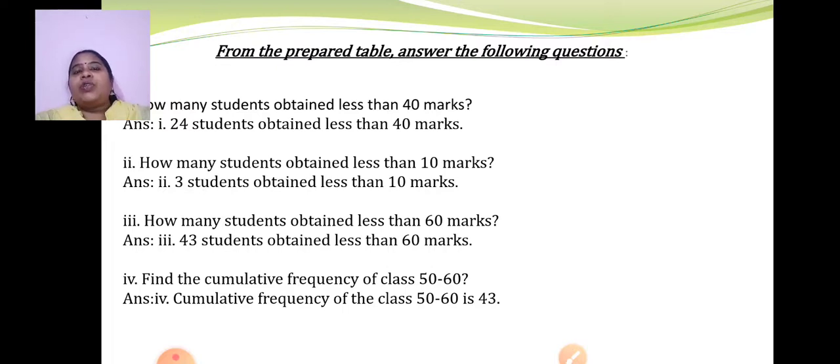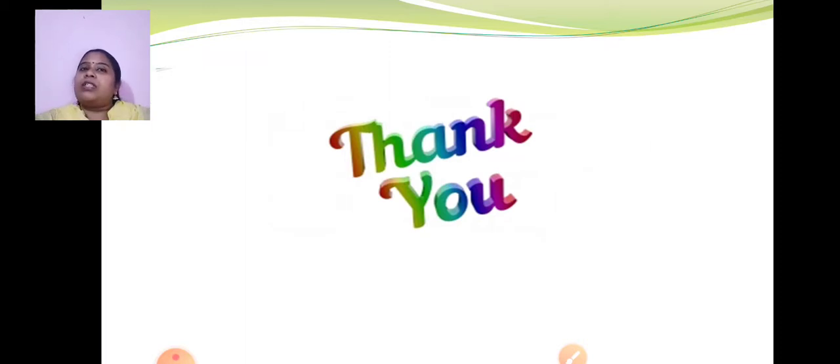So I hope you have understood this. What is important in this? Nothing new I have told you today. We have already learned all this, how to prepare a frequency distribution table. Correct? A frequency distribution table will have tally marks and frequency. In addition to that, they have asked us to prepare cumulative frequency, more than type, then 4 questions, less than type, and now these 4 questions. Same information, both types were asked, more than type CF and less than type CF. I hope you have understood it. Okay. So only these 2 questions I have done. I hope the concept is clear.